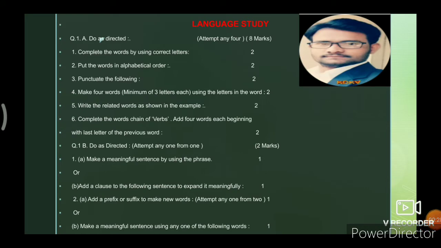Students, you know very well there are 10 marks for language study. Question number 1A, do as directed, has 8 marks and you have to attempt any 4. Question number 1B, do as directed, has 2 marks and you have to attempt any 1. In question number 1A, there are 6 bits and you have to choose any 4 to get 8 marks. In this first video,